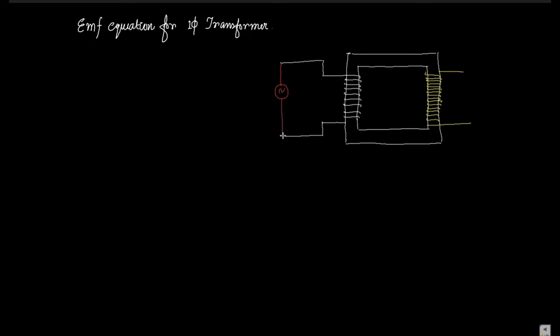because we need the alternating flux. To produce the EMF we need an alternating flux, and if on that side there is some load, we don't know what kind of load it is, so that's why we keep this load in a box, that is a load box. Whatever the load, it may be inductive, capacitive, or resistive. So here the supply is V input and we are getting the V output over here.